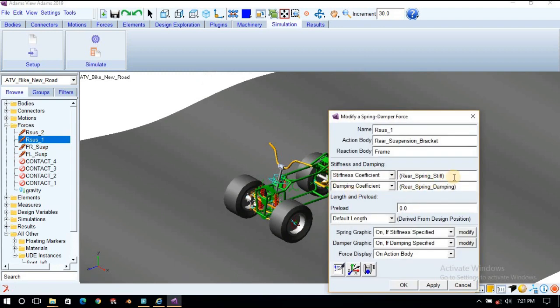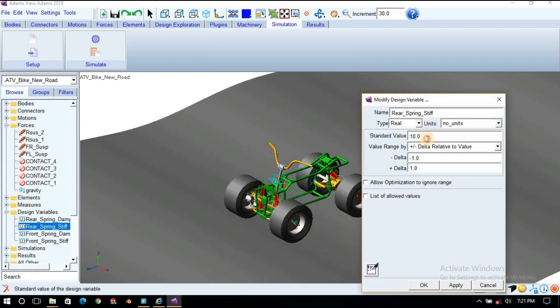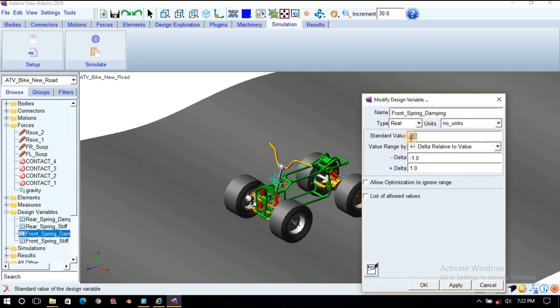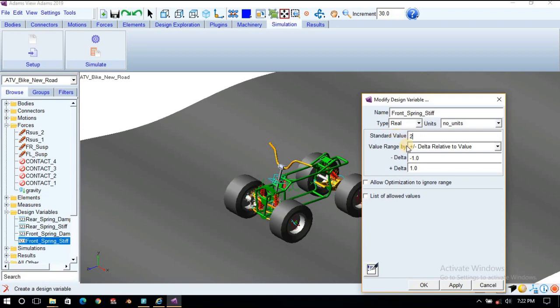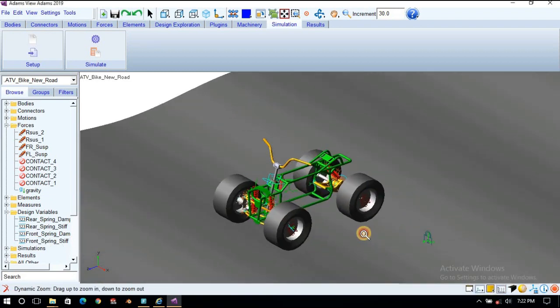So stiffness, we have defined a variable for this. So go to the design variables, there is a rear spring stiffness, it is 10, we will increase it to 20, and similarly for the front also, damping, stiffness will increase to 20, so that there will be more resistance.